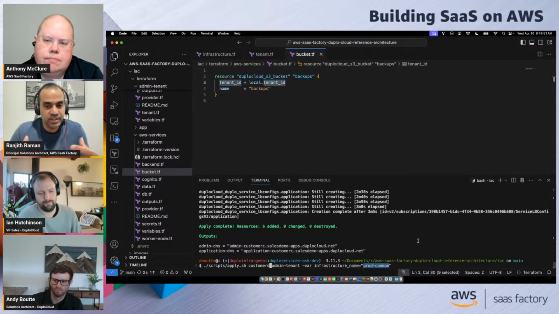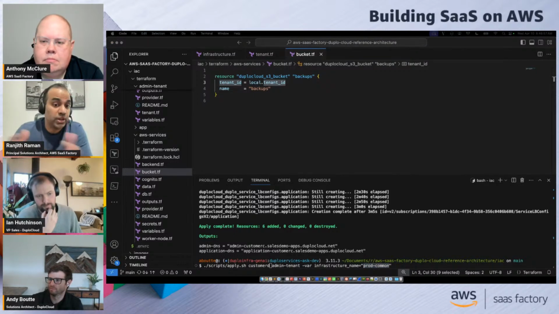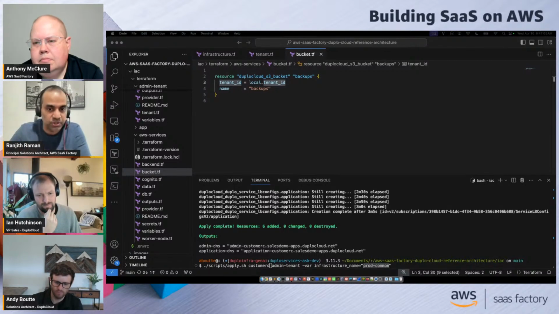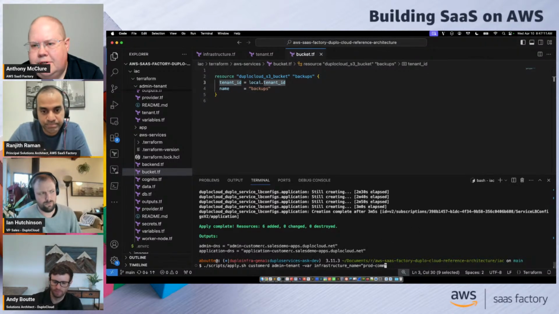But if you have a tenant that says, hey, I need my own infrastructure for compliance and other reasons, you can do that too. You just have to create an infrastructure first and then apply the same command into that infrastructure. That's how easy it is. So we would just change that infrastructure underscore name value to prod customer 01, right? Exactly. Yep. Absolutely. Very nice. Very cool.